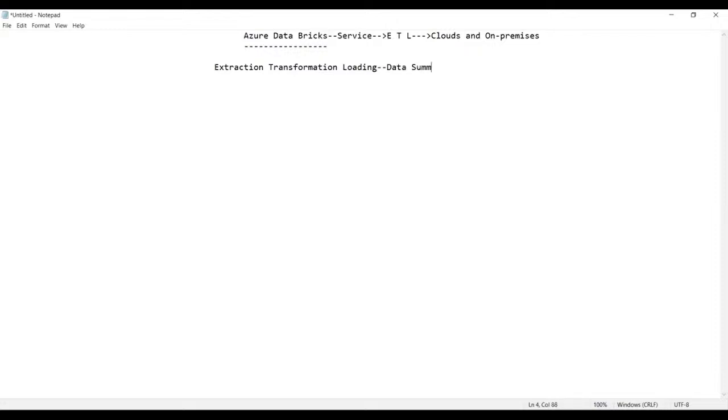This is a process of data summarization, wherein you have